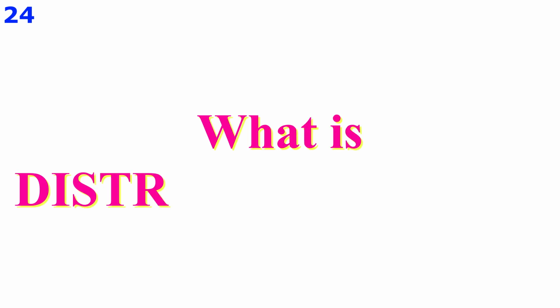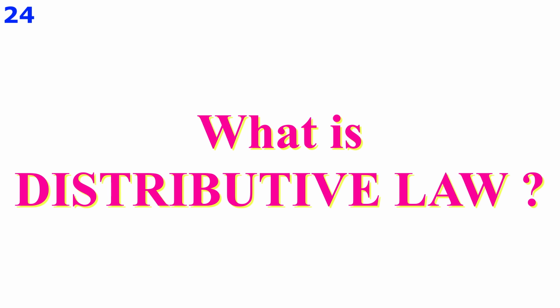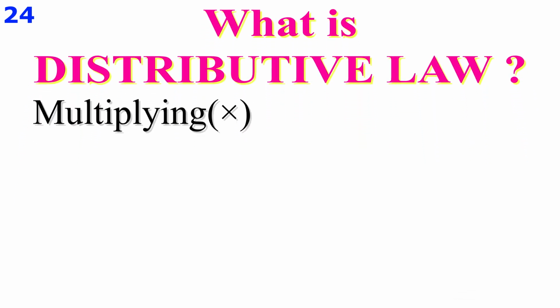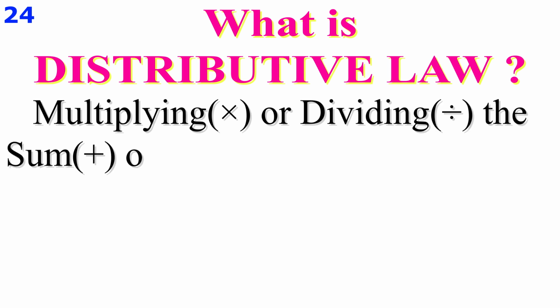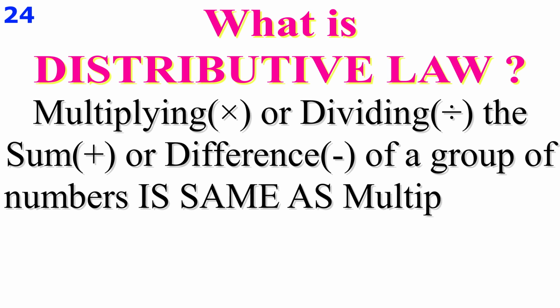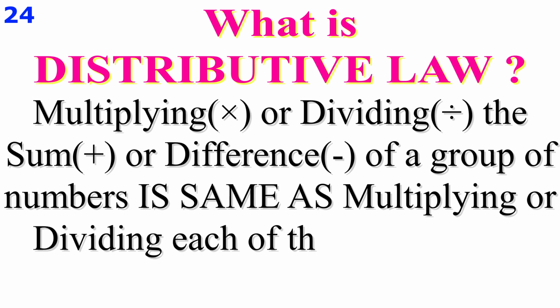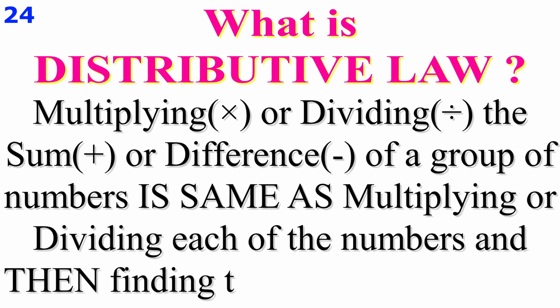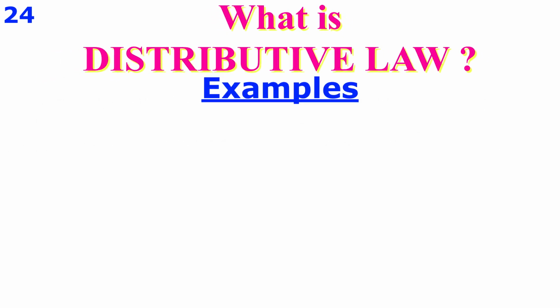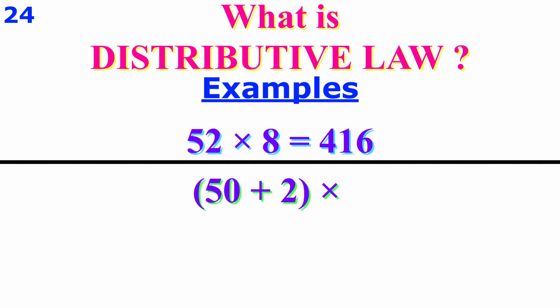Finally, what is distributive law? In maths, the law states that multiplying a group of large 2 or 3 digit numbers will create the same value as those numbers being partitioned, multiplied and added together. For example, this is the same as